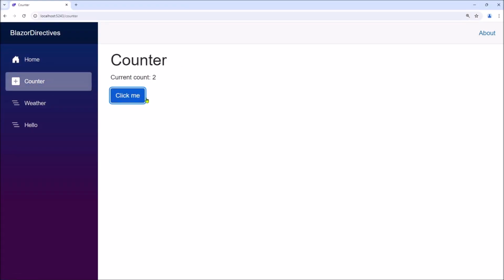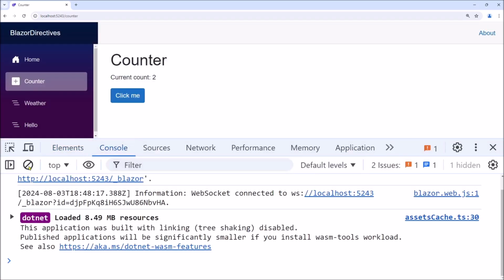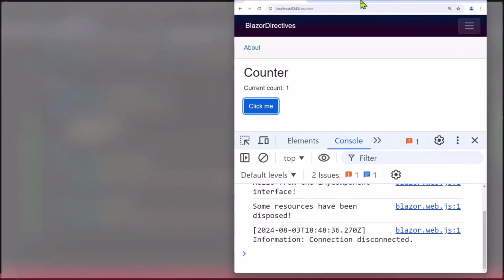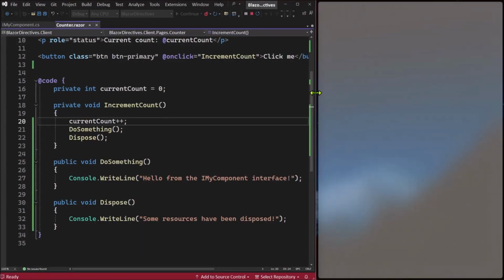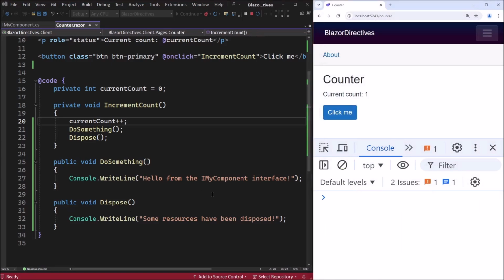It's working now. Then let's see the console. This is the console. Clear here. We have two messages here. The first one is "Hello from the my component interface." The second one is "Some resources has been disposed," because we have a DoSomething method and we have a Dispose